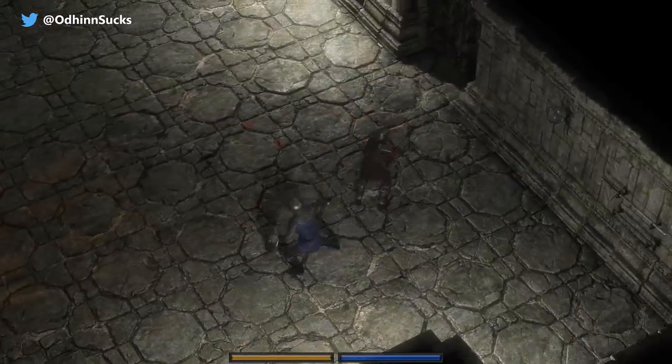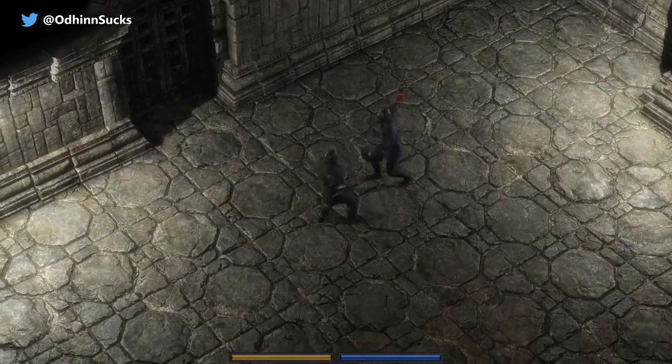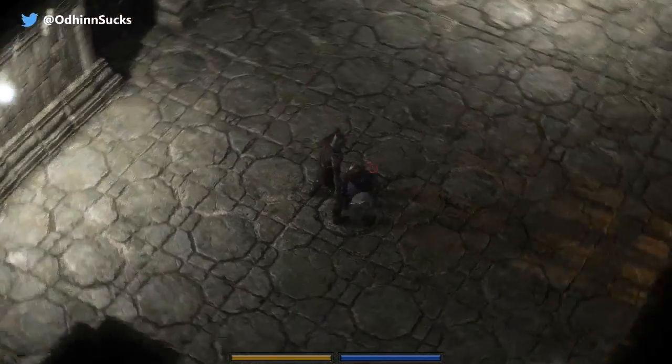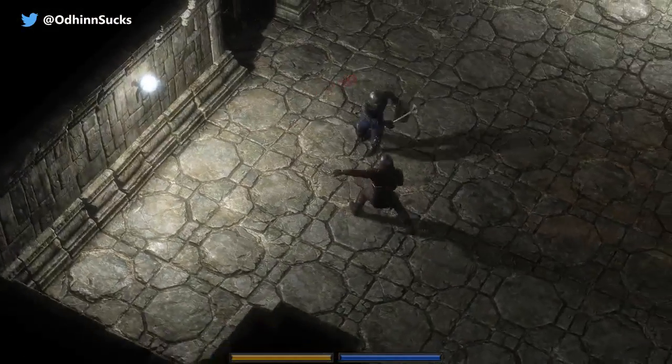I'm trying to find out... I'm just trying to watch him for a minute and see exactly where his shield moves when he strikes, so that I know when I have an opening. Honestly, doesn't even look like it gives me... Well...